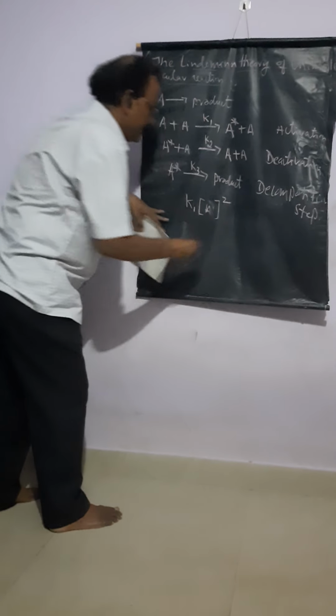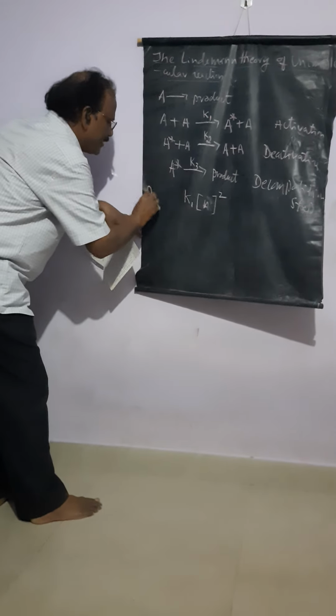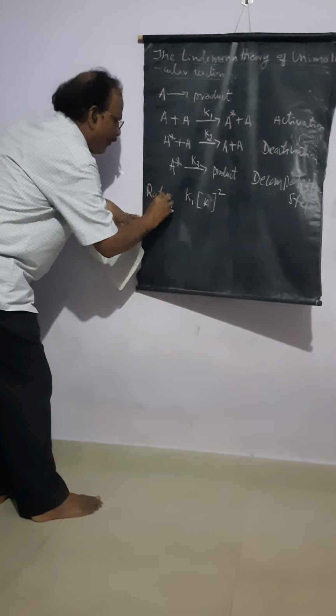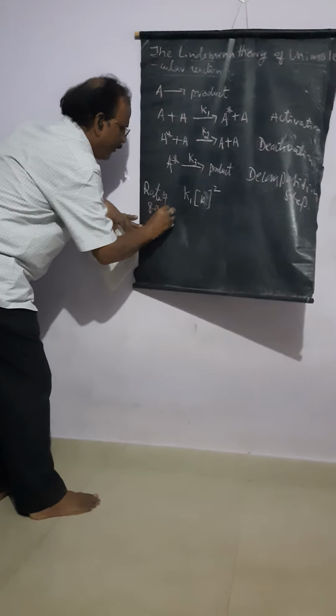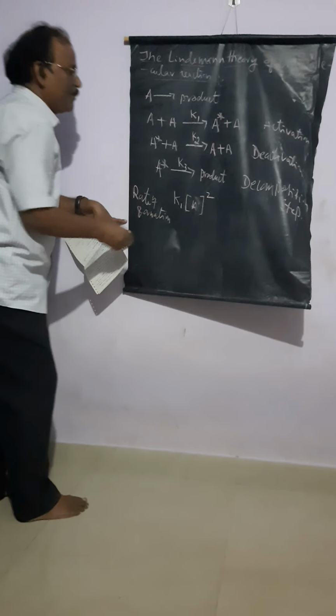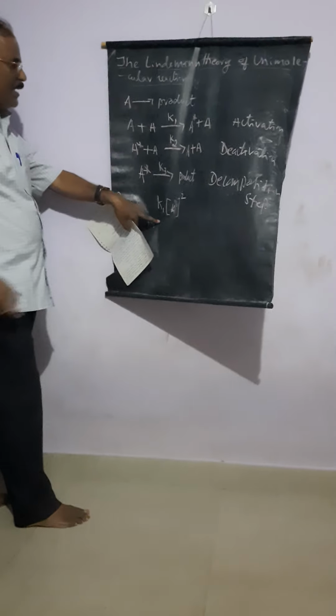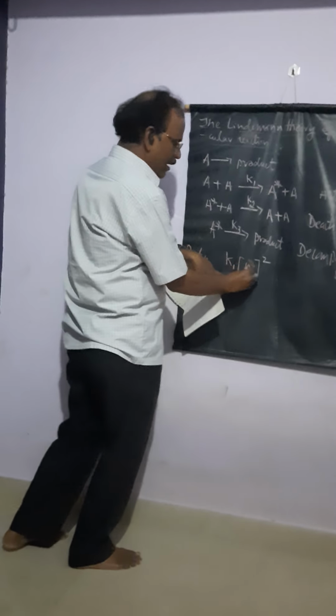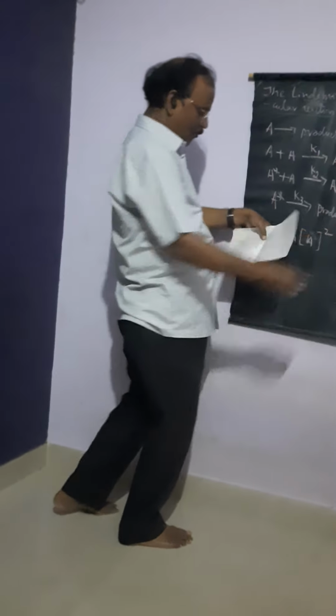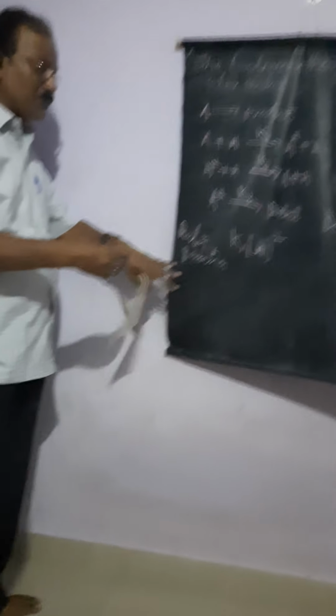Rate of formation of activated complex is given by K1 into the concentration of A whole square. And its rate of decomposition